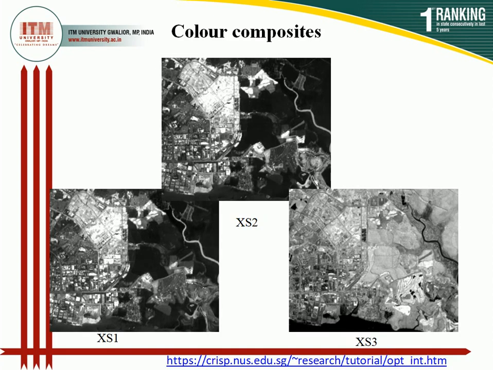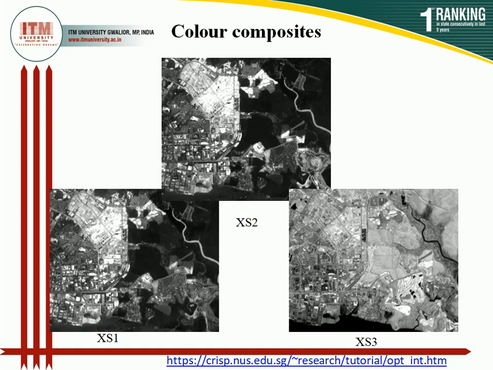Now, color composite. At that time the sensors were not very well developed, but there was the idea of a spectrum, there was the idea of different types of radiations which the light has, or the electromagnetic radiations. So the images taken earlier were in the red band, green band, blue band, or near infrared zone, like that. So here you can see that there is an image. Okay, it is basically taken in the red zone, green zone, and near infrared zone.